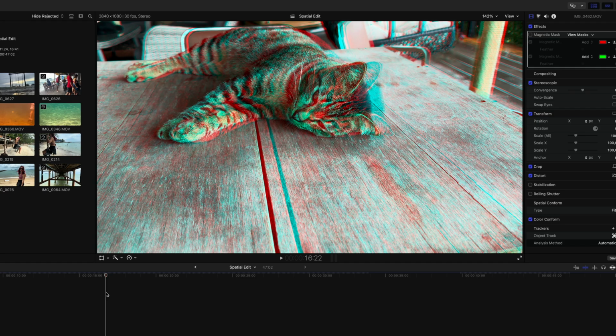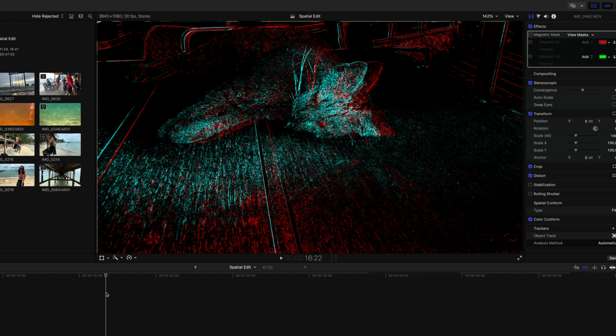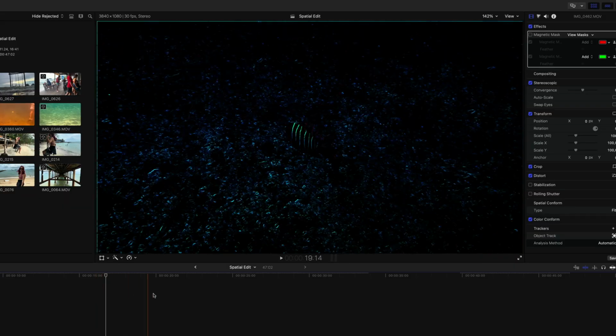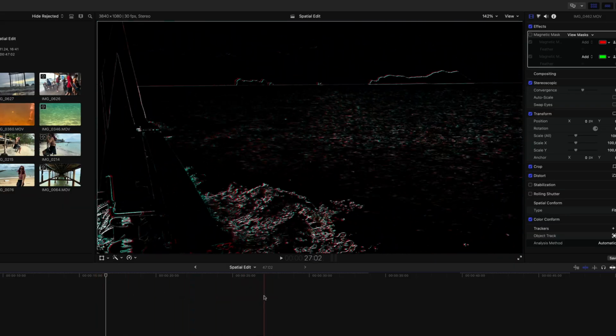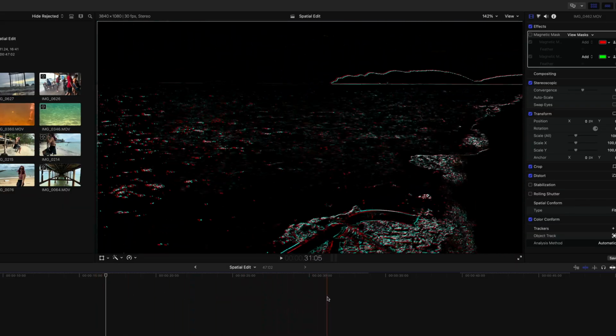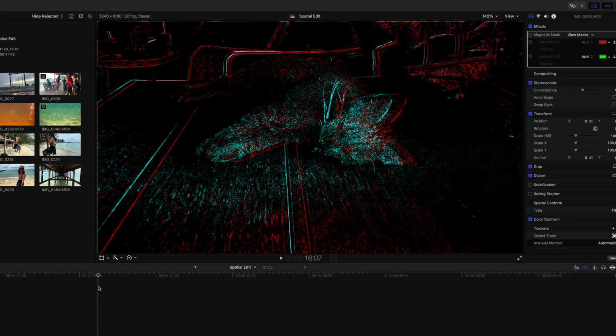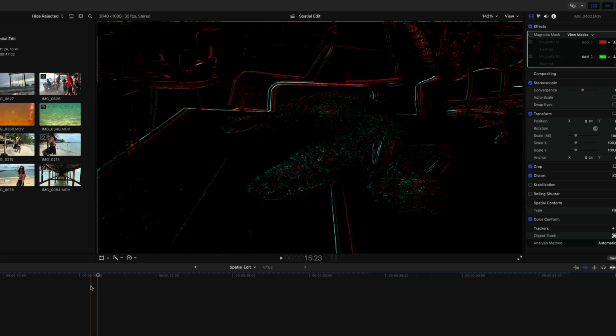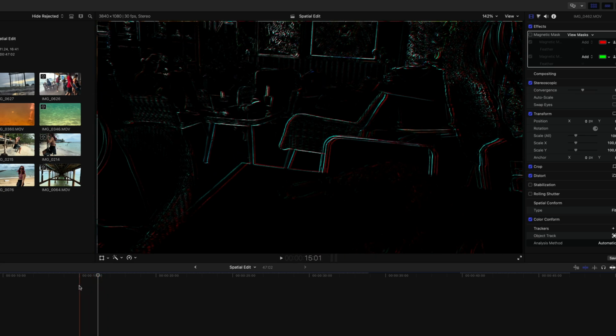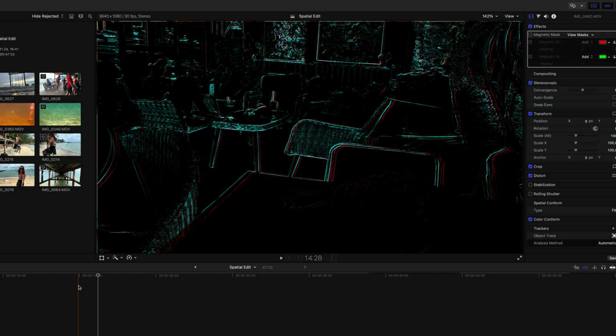Anaglyph outline, on the other hand, with the shortcut Control-Option-Command-5, shows edges in the image and lets you set the parallax using the convergence control, where the edges with red on the left side indicate positive parallax, so further away, and edges with red on the right indicate negative parallax, so closer than the convergence point. This is the most precise view for assessing parallax in a scene.